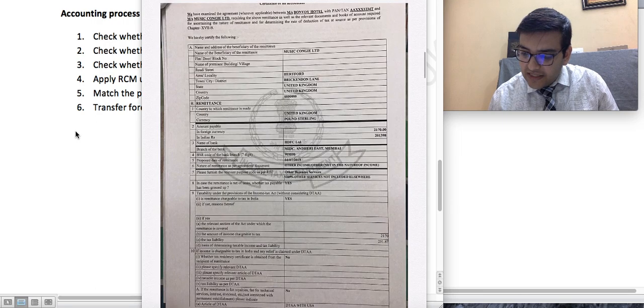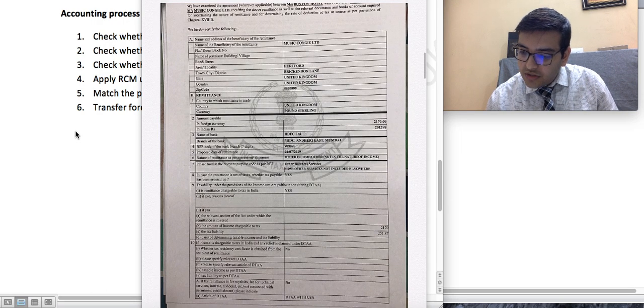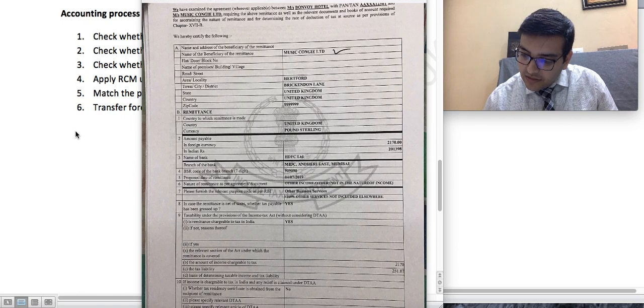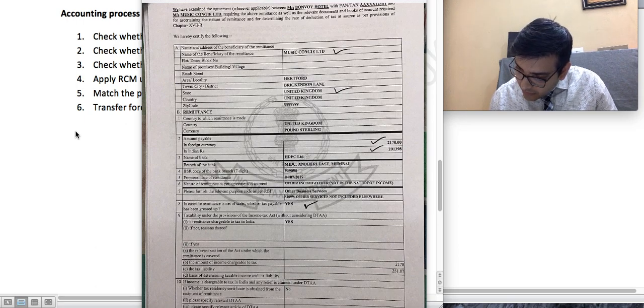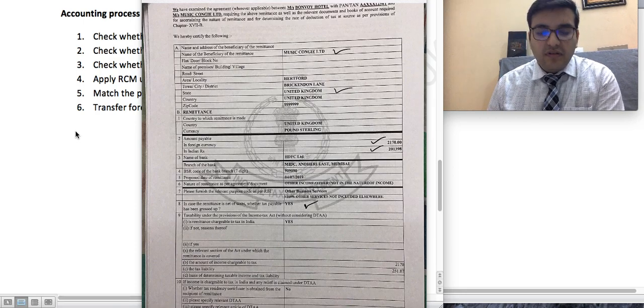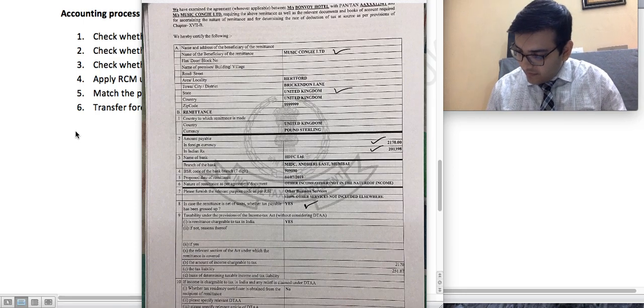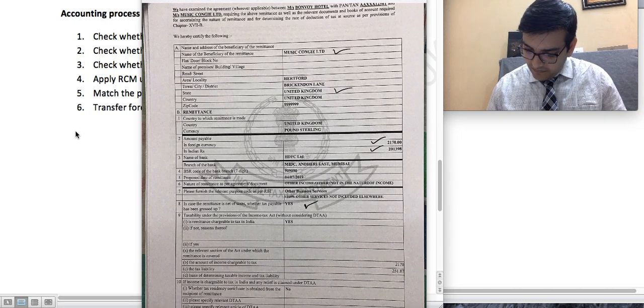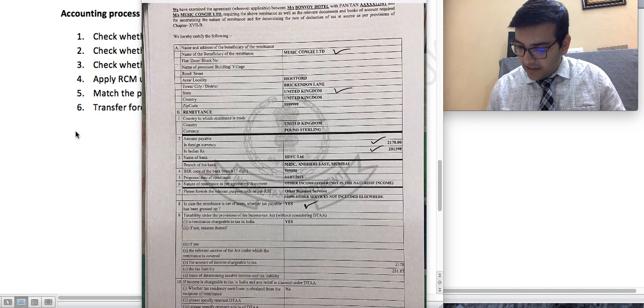It contains all the details of whom you are paying to, this Music Congi Limited, where the company is registered, UK, then how much amount you are paying in GBP, INR, what is the address, XYZ, then whether taxes have been grossed up, and here it is yes. You can see it here also, they are also saying it. So I don't see it here, I just make it out from there, what the invoice amount is and how much you have paid. Otherwise it is written in 15CB also.